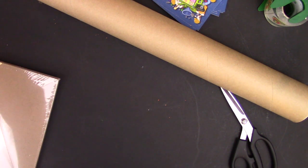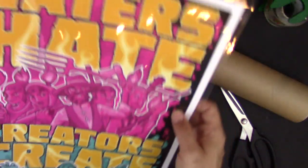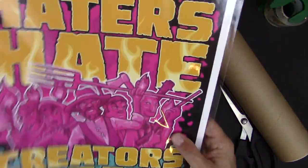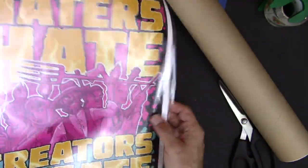As far as my prints, this is the average size print that I sell. This is, what is it, 12 by 18? This is my Haters Hate, Creators Create print, inspired by, of course, Dr. Frankenstein. The first thing I do is I get poly bags or clear bags from